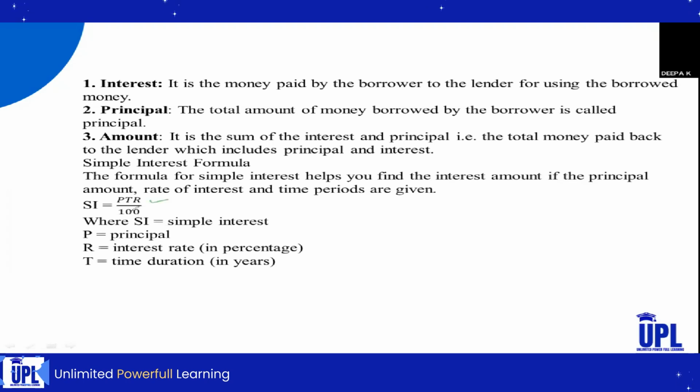SI is equal to PTR divided by 100. Here, SI is simple interest, P is the principal amount, T is the time duration, and R is the rate of interest or percentage. Got it? So this is a very important formula. Using this formula, they ask some problems, let us see later. And one more concept is